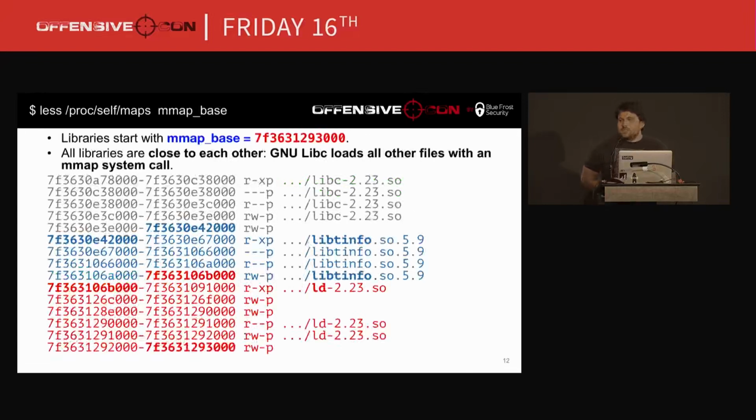What doesn't look fine is the libraries. If you take a closer look, the libraries go one by one, and they just stick to each other. This is because the libraries were loaded by GNU Libc with the mmap system call, which works like this. So what we need to know about it right here and right now is that the mmap system call works like this, and that GNU Libc does the loading of any needed libraries for your process.